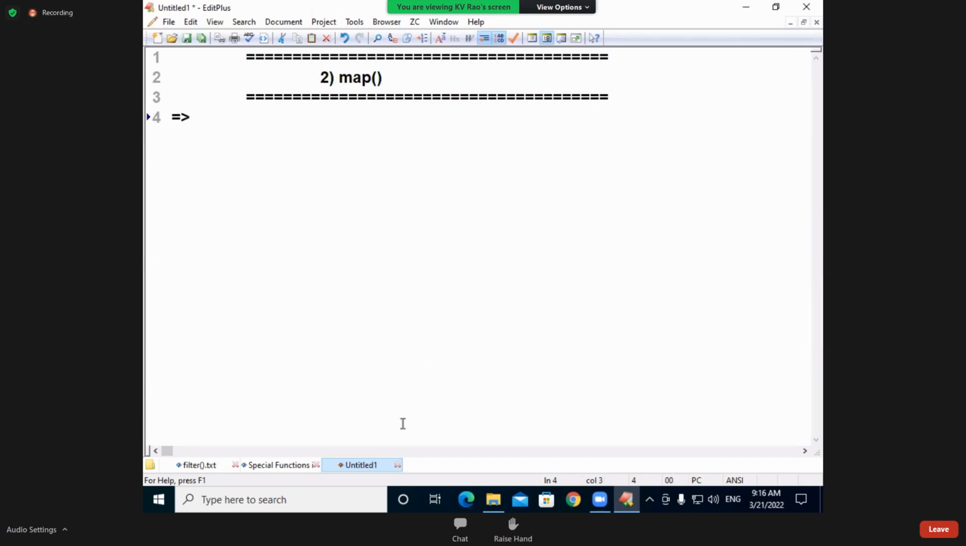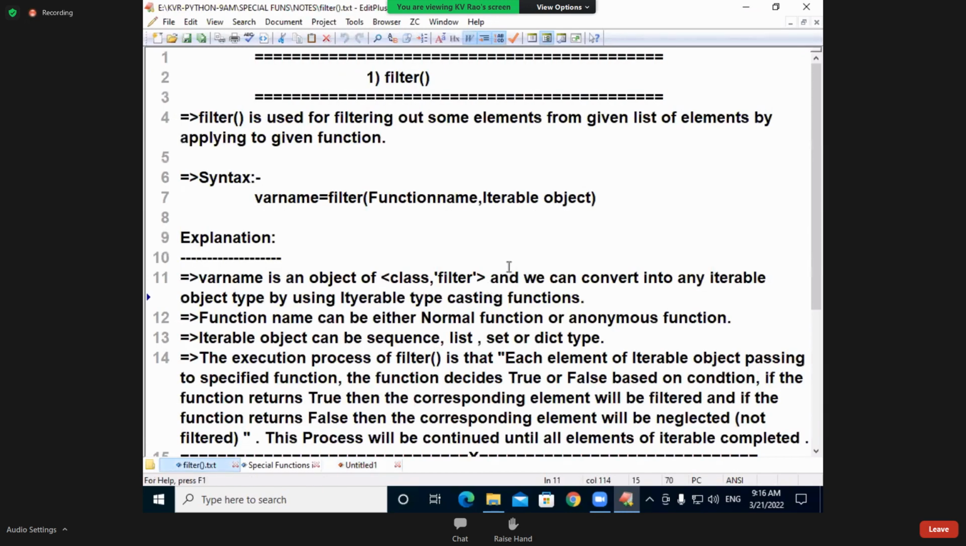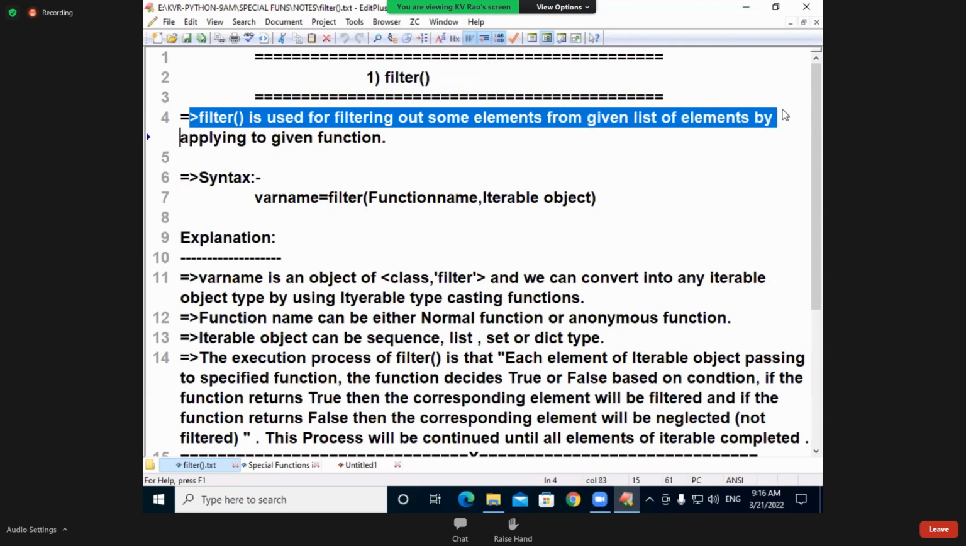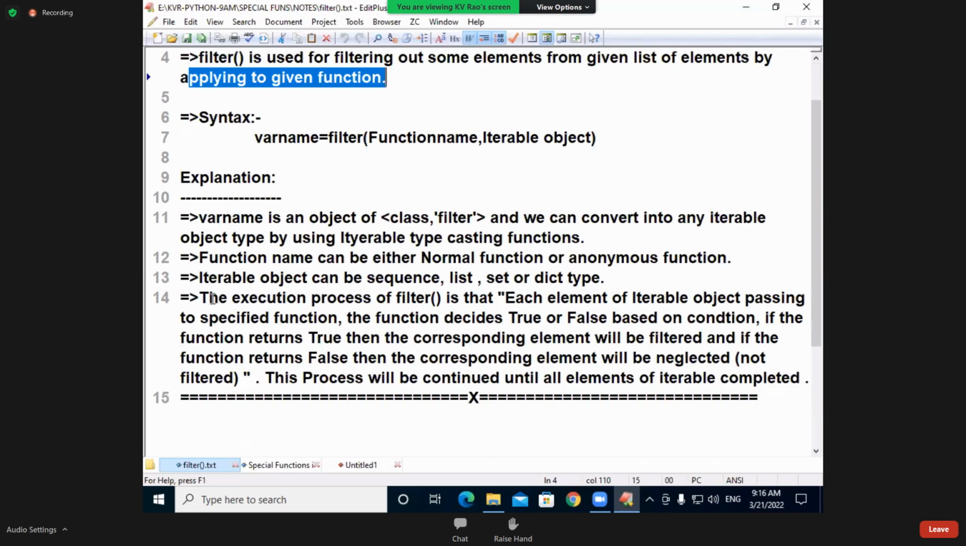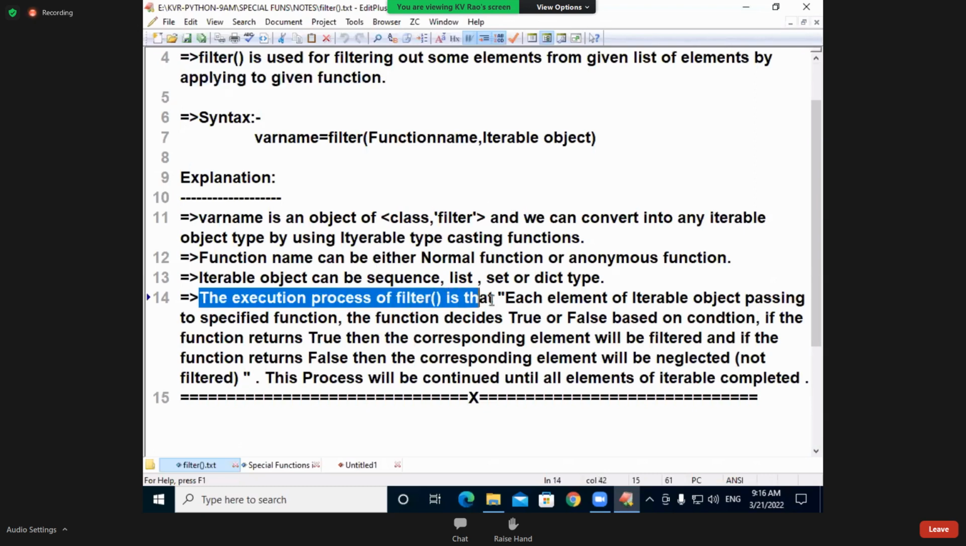So see the filter function example once. Filter function syntax: variable name is equal to filter of function name of iterable object. What is the purpose of the filter function? Filtering out some elements from a given list of elements by applying the function. Last point you see, the execution process of the filter function is that each element of the iterable object is passed to the specified function,